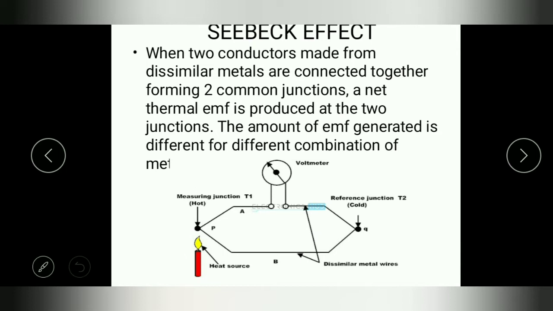That is an active type. Active means it does not need any external power source for its working. It will extract the energy needed for its working from the quantity to be measured itself. Here the quantity to be measured is the temperature difference between the two junctions. So the energy required for the working of this particular type of active transducer will be derived from the input quantity to be measured itself. It does not need any external powering to operate this particular active transducer. That is why it is called an active transducer.